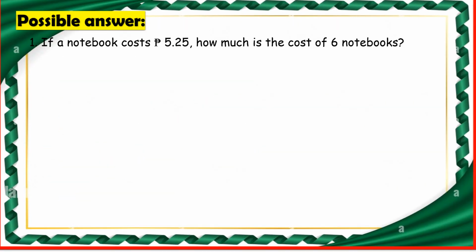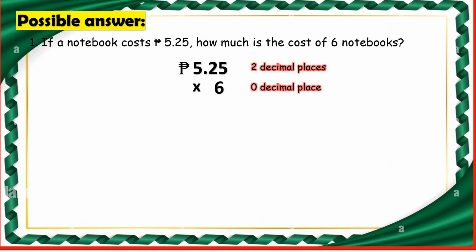So here is the possible answer for problem number 1. If a notebook costs 5 pesos and 25 centavos, how much is the cost of 6 notebooks? So first, we will multiply 5 pesos and 25 centavos, which has two decimal places, by 6 notebooks, and 6 has 0 decimal places. So let's multiply. 525 times 6, the answer is